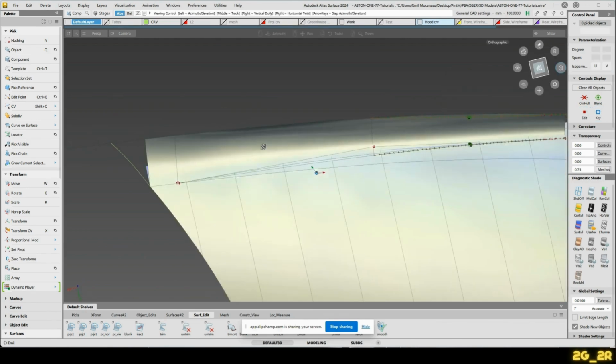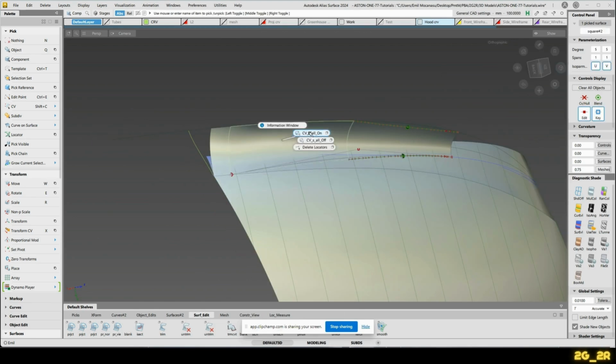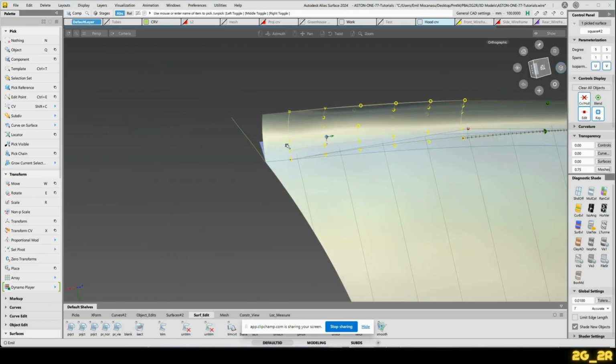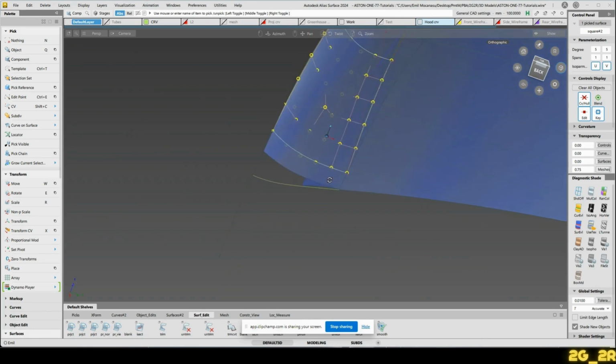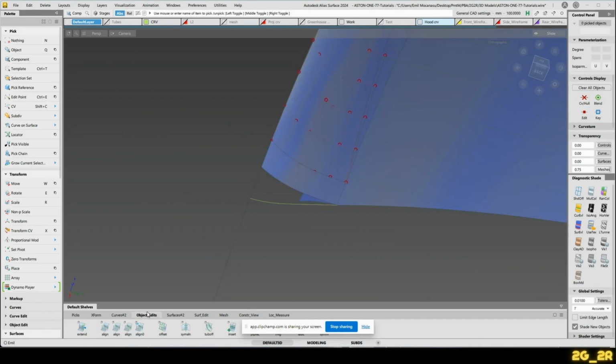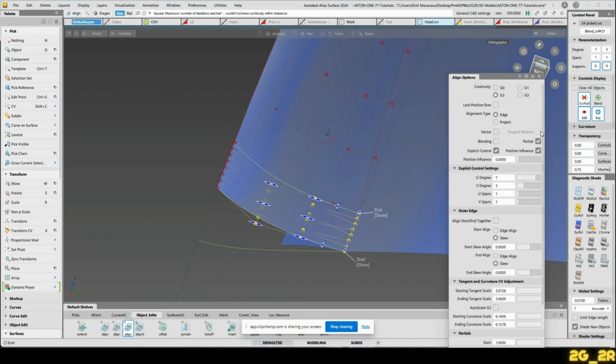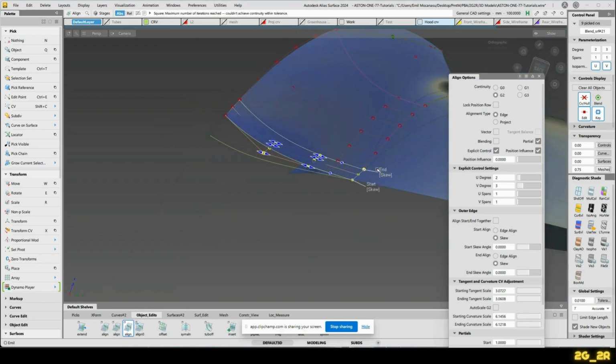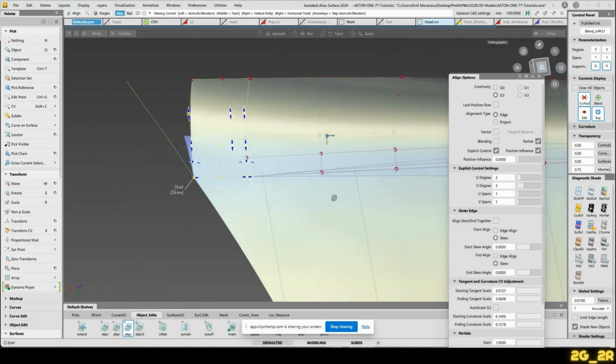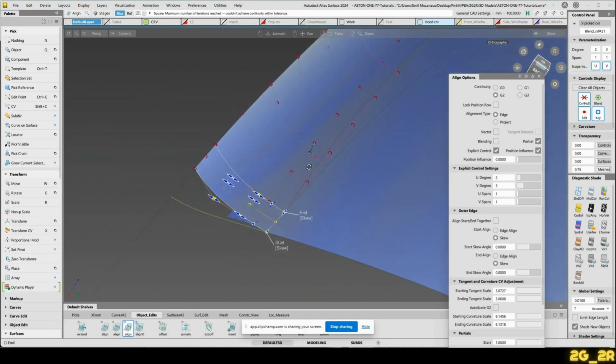And that will need some fine tuning. Definitely will need some fine tuning, but that's okay. We just need to realign this to that. Bring it down to 2 and see. It's already better just because of that